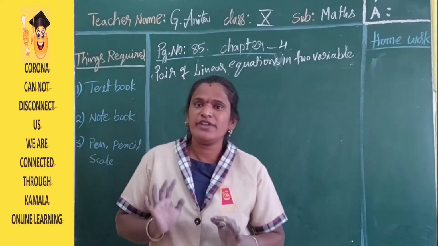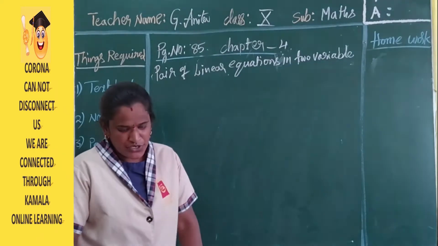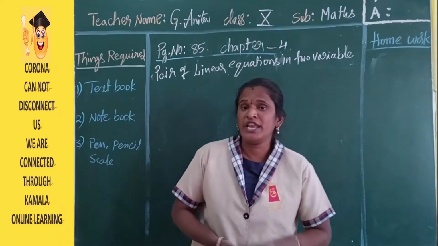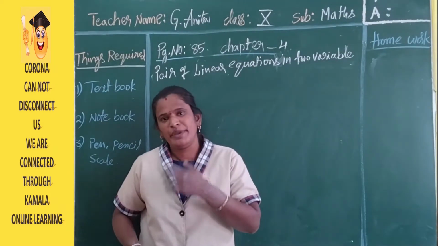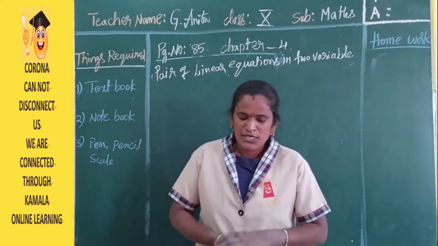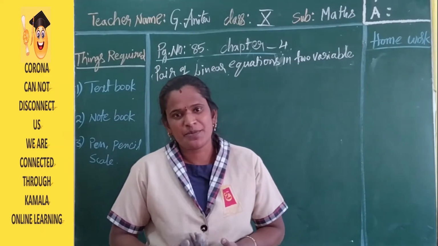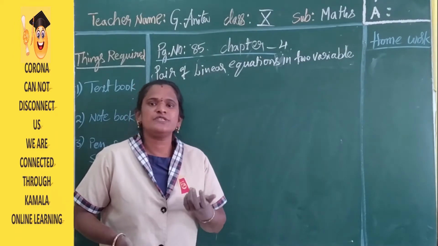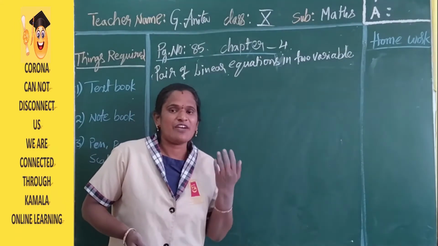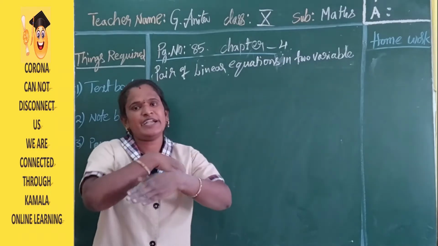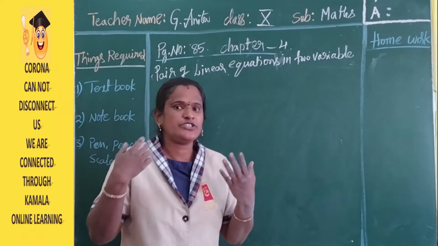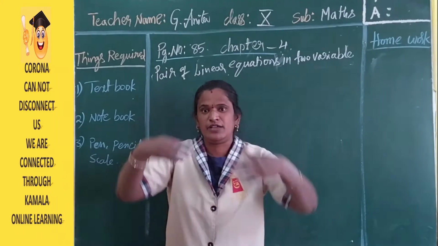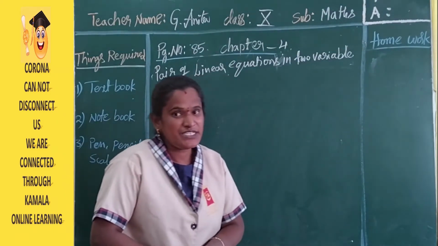Already we learned this in the previous class. Today we are going to learn about the next case, when a1 by a2 is equal to b1 by b2 is equal to c1 by c2. So what happens in the graphical representation? If a1 by a2 is equal to b1 by b2 is equal to c1 by c2, then the graphical representation is coincident lines, because all ratios are equal, so we get coincident lines like this.